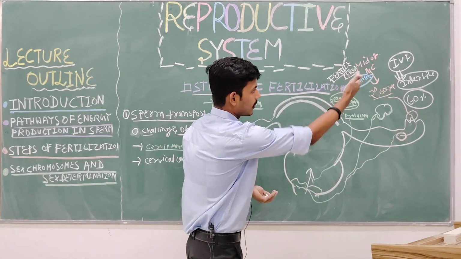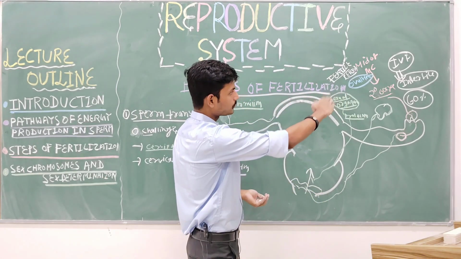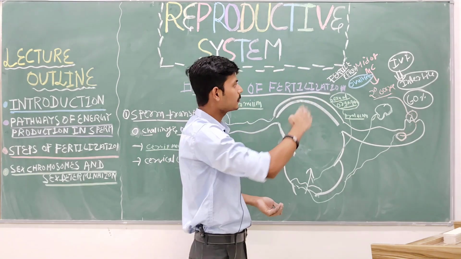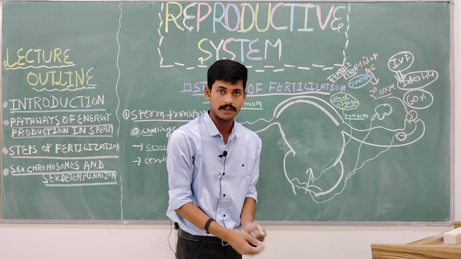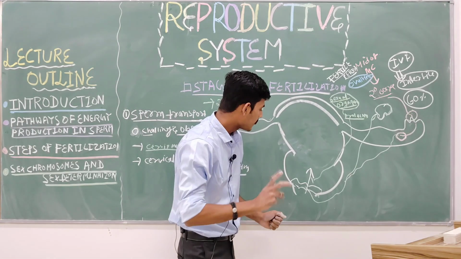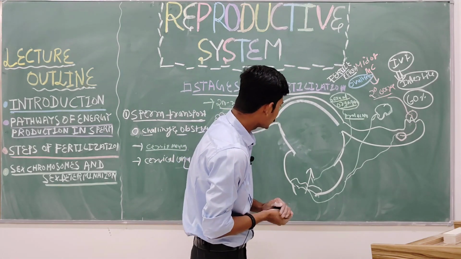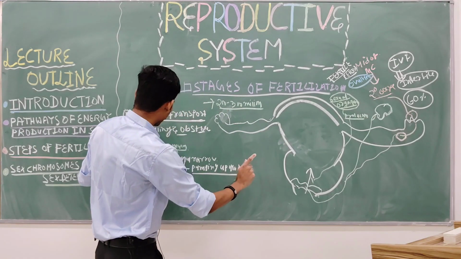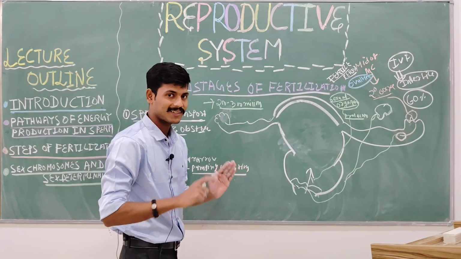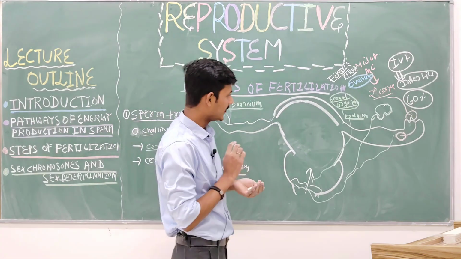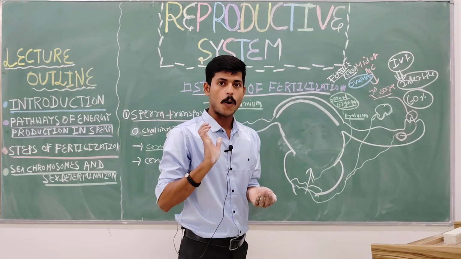Understanding? That is artificial fertilization, which is happening outside their natural environment. No problem. Now the thing is, sperm is transported, but for fertilizing the egg, sperm have to deal with so many challenges and obstacles.